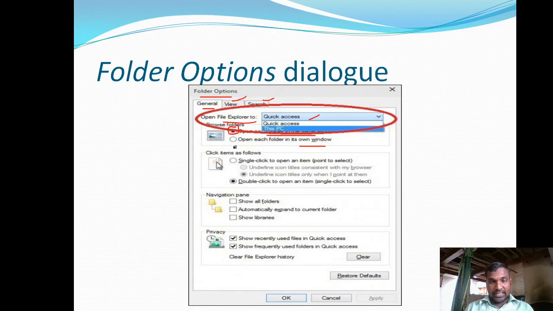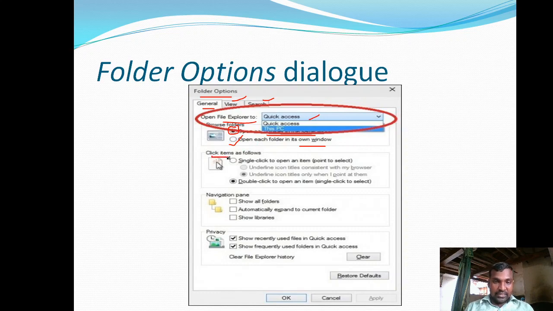You can select the other option, so that every time you double click on any folder, it will be opened in a new window. If you select this option, plenty of windows are opened on that particular PC. Whenever you perform any opening operation, a new window will be opened. In the same way, if you open another folder in the newly opened window, again a new window will be opened.